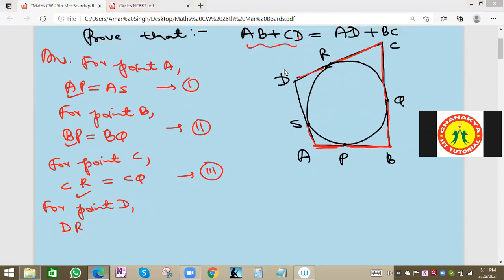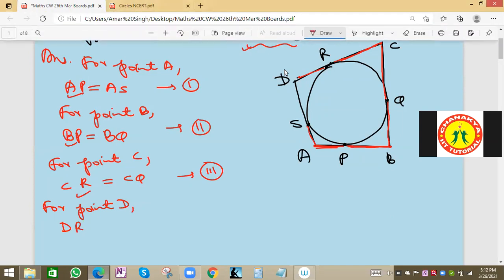Okay, Navneet, good. So two students, Apurva and Navneet, got the proof. That's a good thing. Others can also try. Otherwise, see the solution. Point A is external to this circle, so these will be tangents, and both tangents will be equal. So AP will be equal to AS. Similarly, for point B, tangents BP and BQ will be equal. For point C, we write CR and CQ. Why CR and CQ? Because in the left hand side we have AB plus CD. So AB will be AP plus BP, and CD will be CR plus DR. CR we have written, now we'll write DR. For point D, DR will be equal to DS. Carefully we write the values and we'll add them.